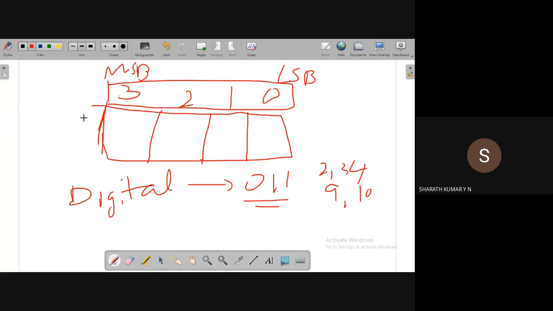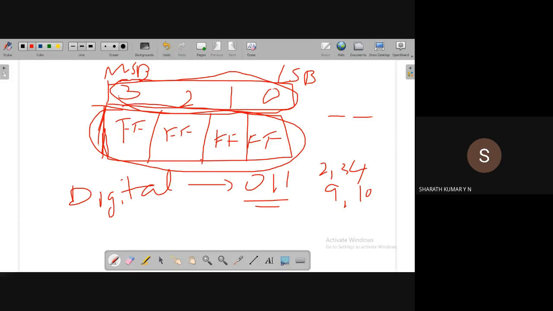Okay, so now we have a 4-bit register. 4-bit in the sense there are 4 flip-flops connected in series, and hence it gives a 4-bit register. We have to identify each location using binary numbers, not using this decimal number system. How many binary bits are required to identify a 4-bit register? For that we require at least a 2-bit address or 2-bit representation to identify a 4-bit register.